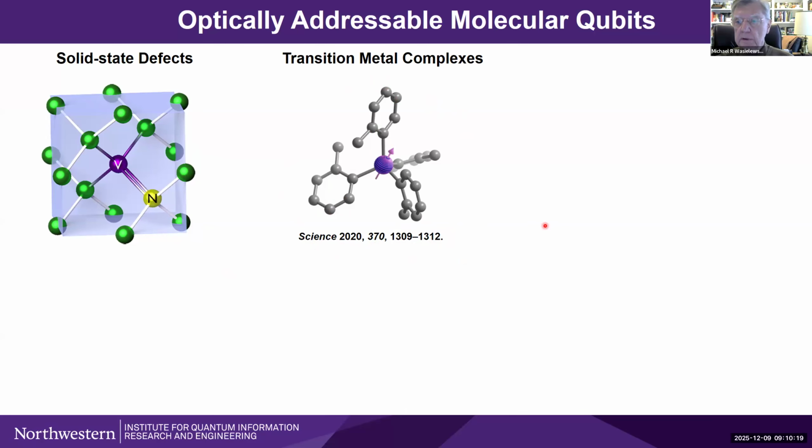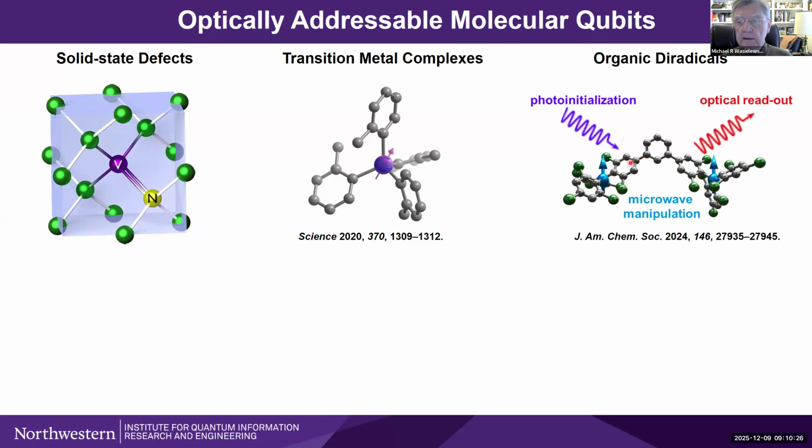So what we thought we would do is go back historically to what people knew about how to make triplet ground state diradicals. I'll get into this in detail in a moment, but basically we're using triple radicals that are polychlorinated and attached to the meta positions of a benzene ring. It's been known for decades that putting two radicals at the meta position of the benzene takes advantage of quantum interference effects to give you essentially a ferromagnetic ground state. In other words, a ground state that is a triplet. This has been known for quite a while, so we thought we might exploit this in this particular context.